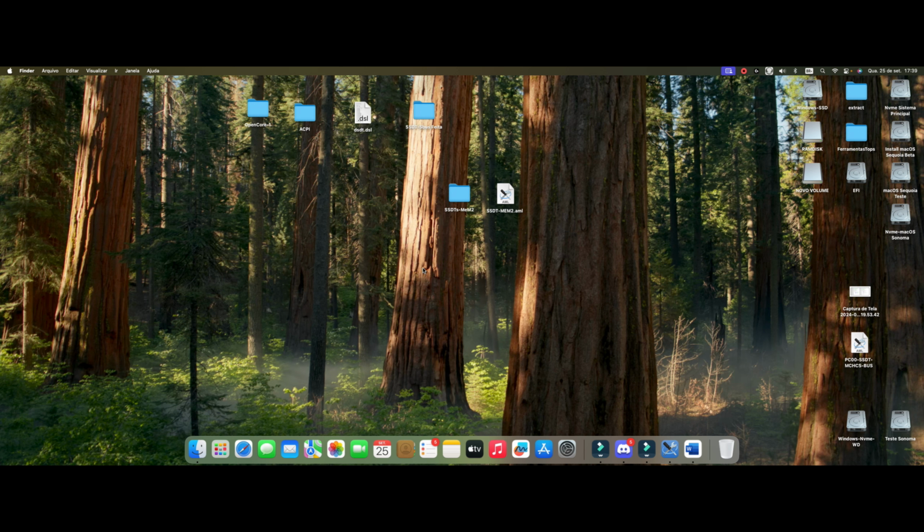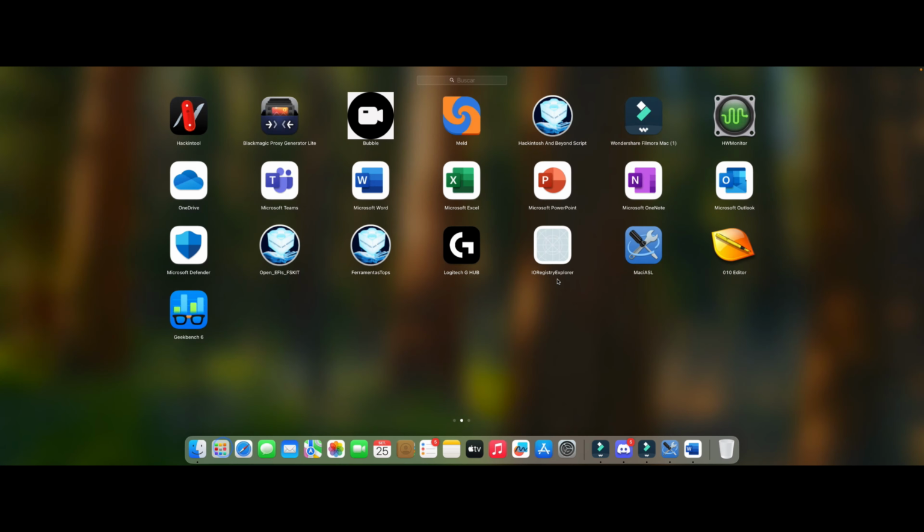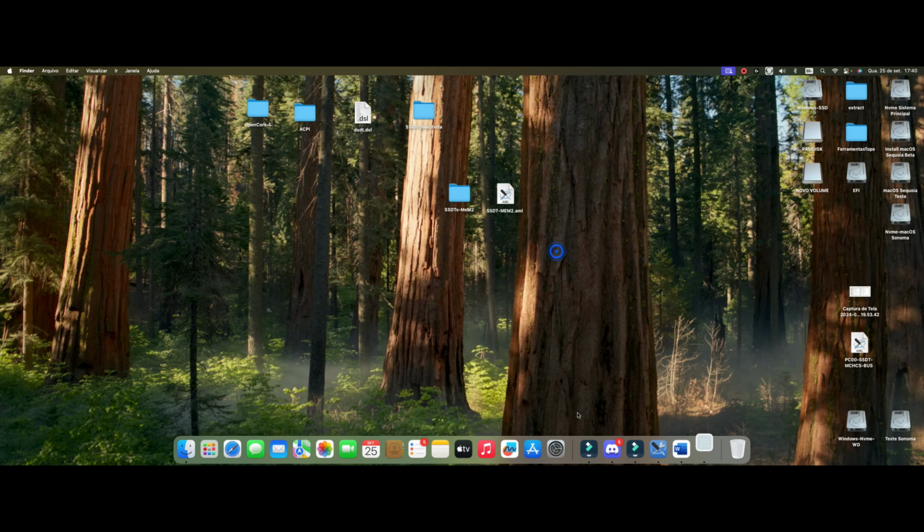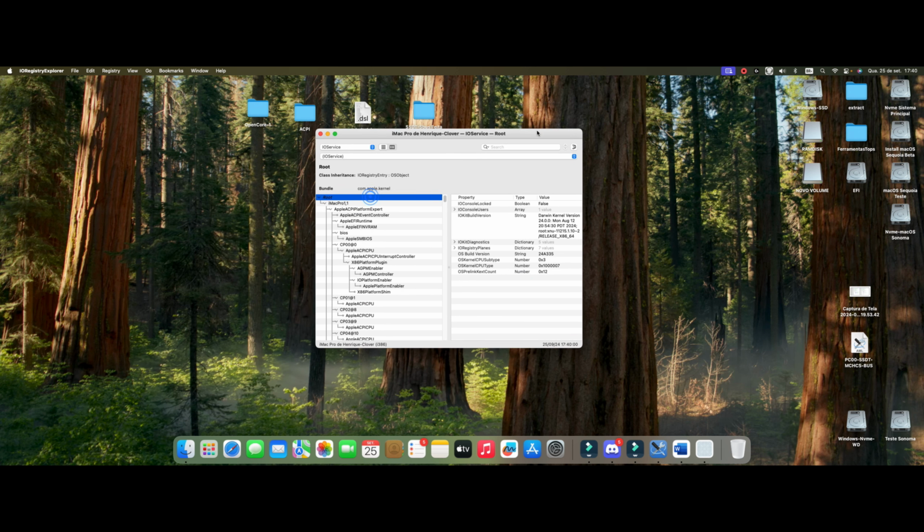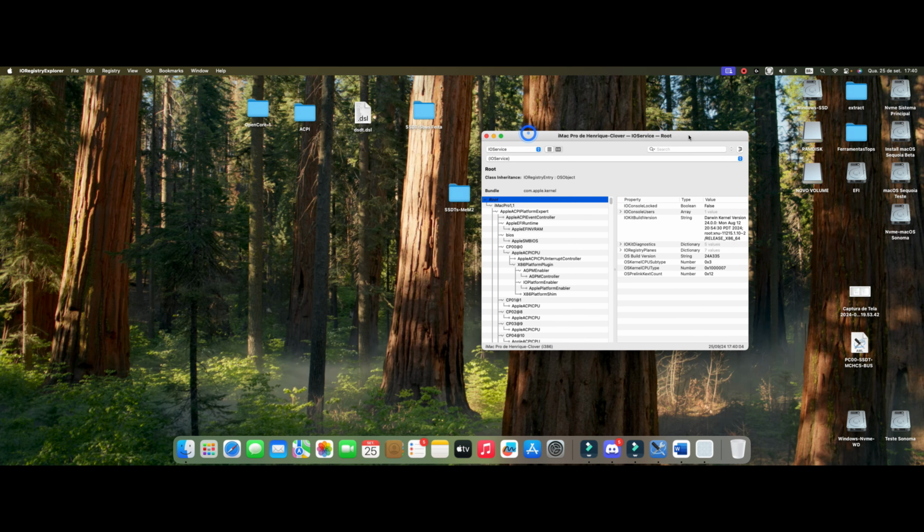How do I know that this SSDT is having any effect on my machine? Okay? If it doesn't activate, for example, on IOReg, I'll even leave the link there for you to download. There's IOReg there, which is very interesting, okay? There's this tool there, it's very good.